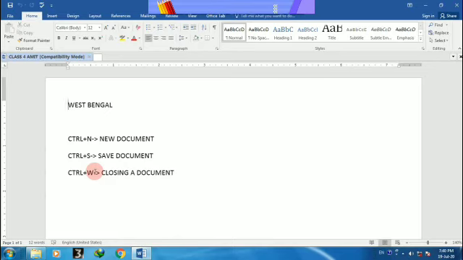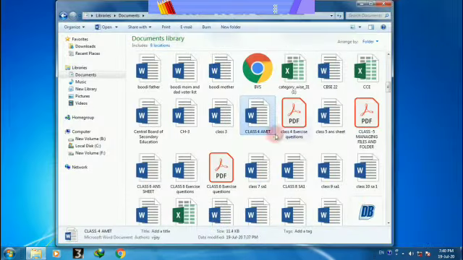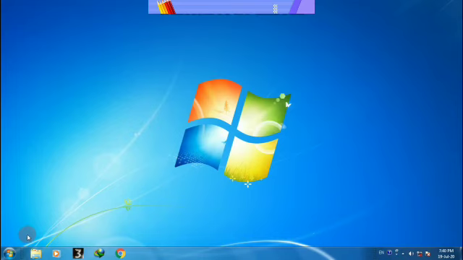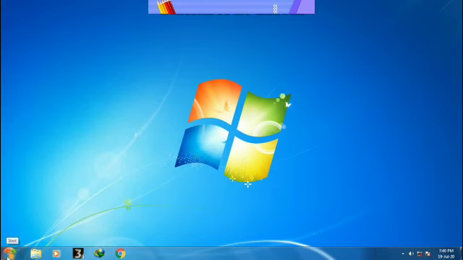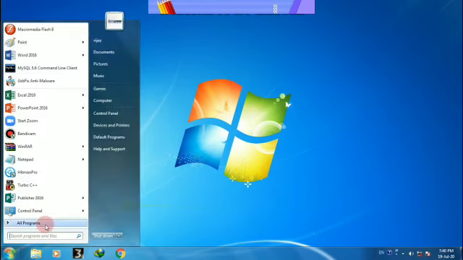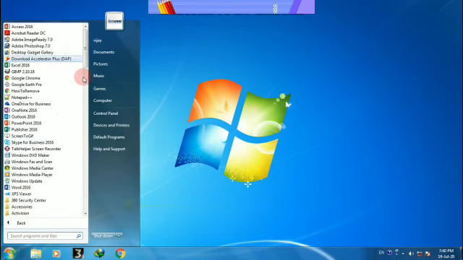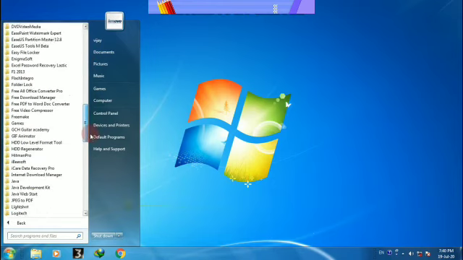See, we have written this content, and then, students, in your MS Word you can do many tasks. You can make your document attractive and effective. So see, again go to all programs, and then click on your MS Word.